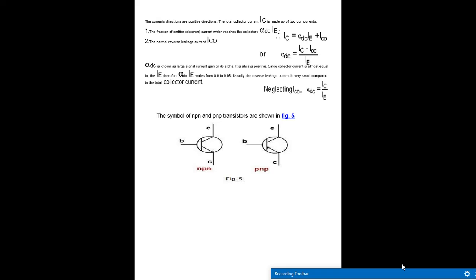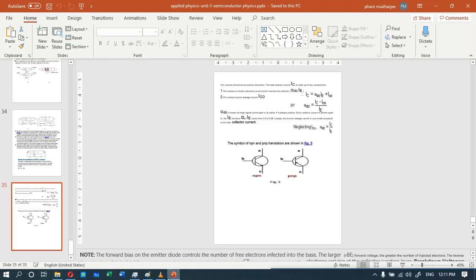And here we need to find out the large signal current gain. Large signal current gain, in the sense of forward bias. So the equation is given by IC equals alpha DC times IE plus IC naught, where IC naught is nothing but the normal reverse leakage current. There is always a leakage current and we are neglecting it for the moment. Therefore, alpha DC equals IC by IE, where IC is the collector current and IE is the emitter current, so we take the output current to the input current, and we get the large signal current gain. This is the mathematical calculation for a PNP or an NPN transistor.